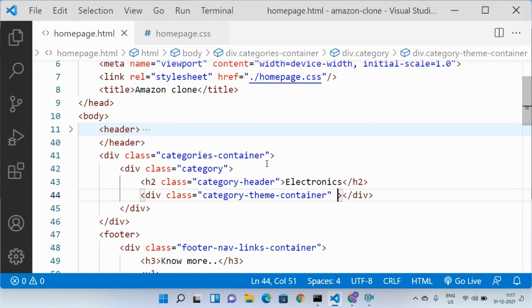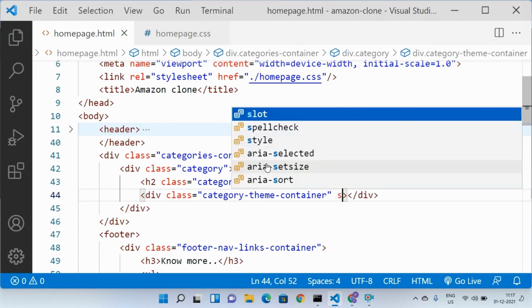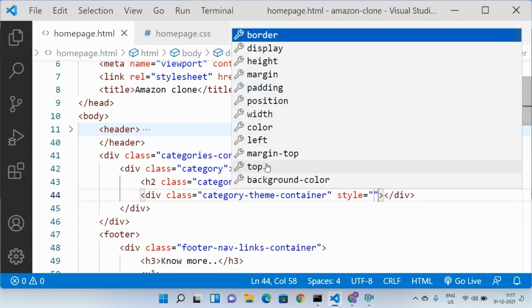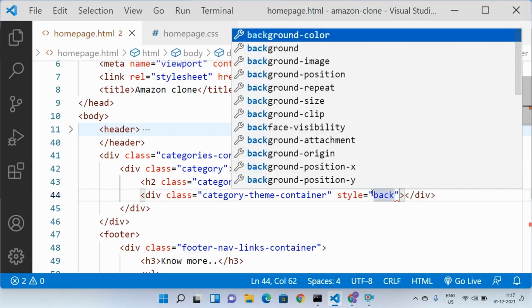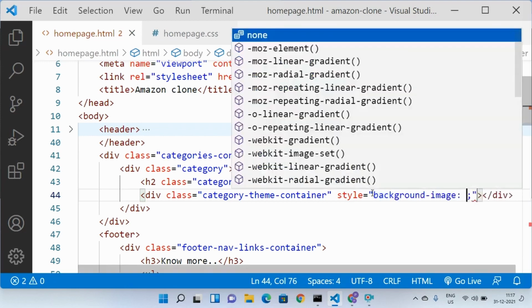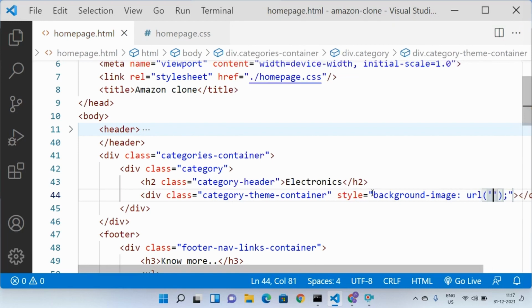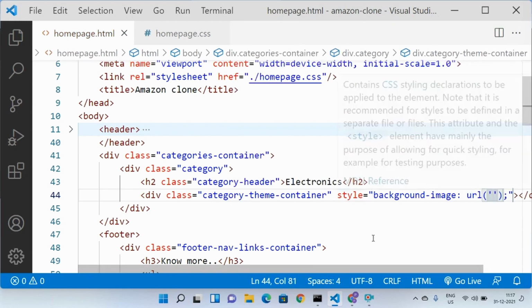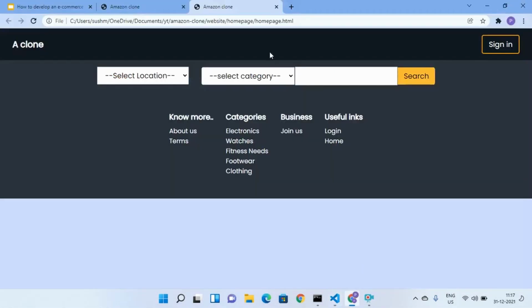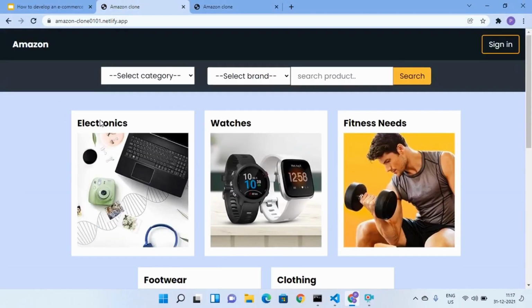Now this is going to have a style attribute. Let us do it using inline CSS. This is going to have a background image, URL of, let us get one image from amazon.com or else from here.